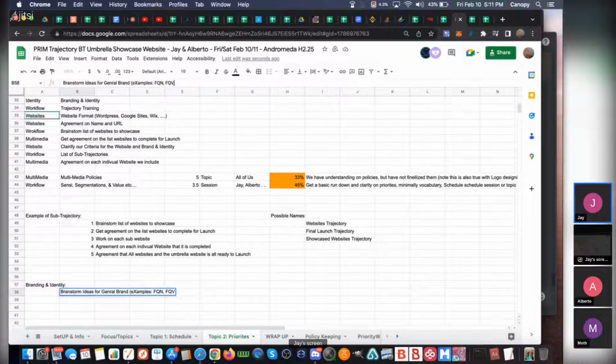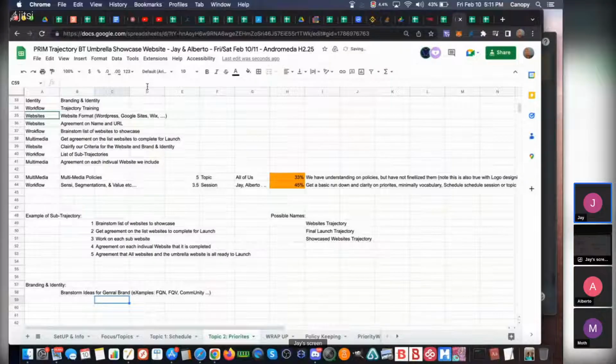Okay. Then we need the name of the umbrella as well. I mean, we need to finalize that at one point. What is it? Name finalization. Yeah. Then for the umbrella, here you have brainstorm the website name, right?